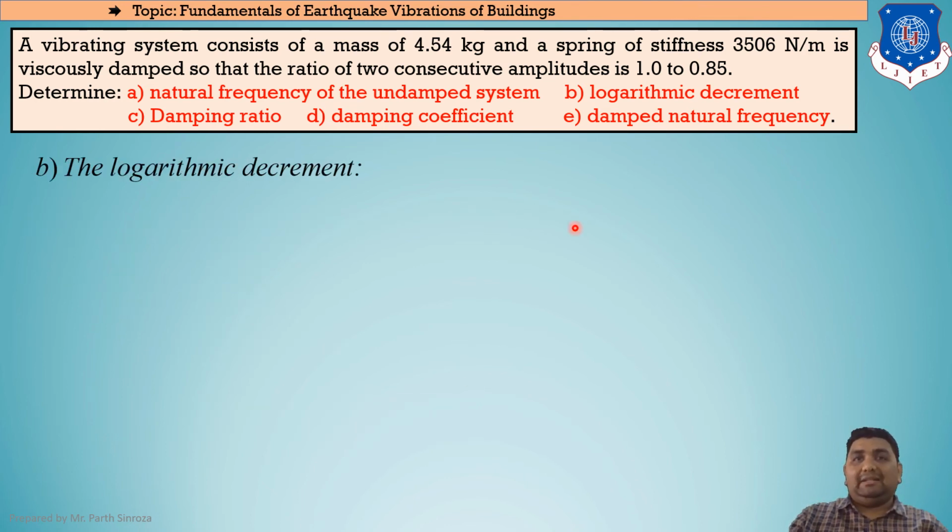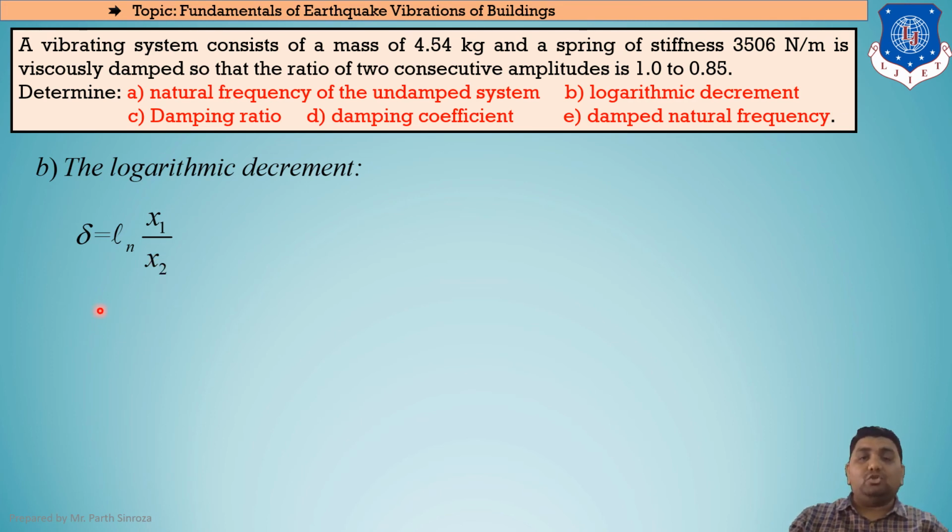Now moving on to the second case, that is to find the logarithmic decrement. As we just saw, there are 2 equations pertaining to it. The first is in the form of consecutive amplitudes, that is x1 and x2, and the second is in the form of our damping ratio. If these amplitudes are not given in the question, then you must use the second equation, that is in the form of zeta, the damping ratio. But if these amplitudes are given in the question, then we always use this equation, delta equals ln, the natural log, of x1 upon x2, that is the ratio of successive amplitudes.